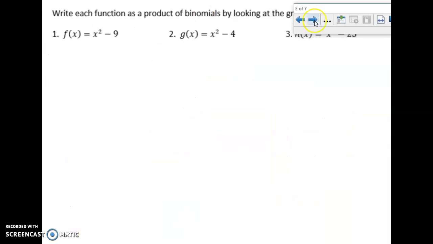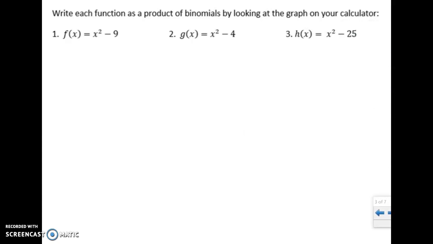So, all right, let's dive into this now. So write each as the product of binomials by looking at the graph on your calculator. We're not going to do that today. We're just going to do this the old-fashioned way with factoring, but we are going to make it a product of binomials. So what does that mean? That means that we're going to write this as two binomials. Now you have to think about each term as being the area of a